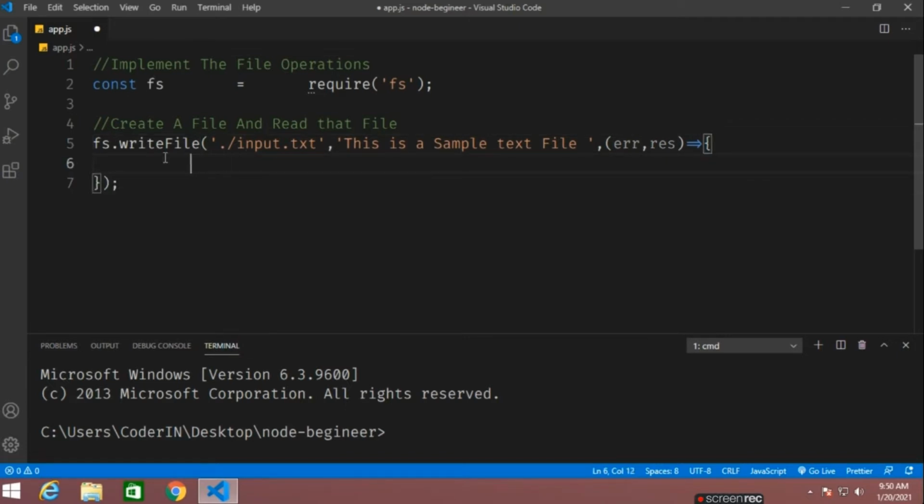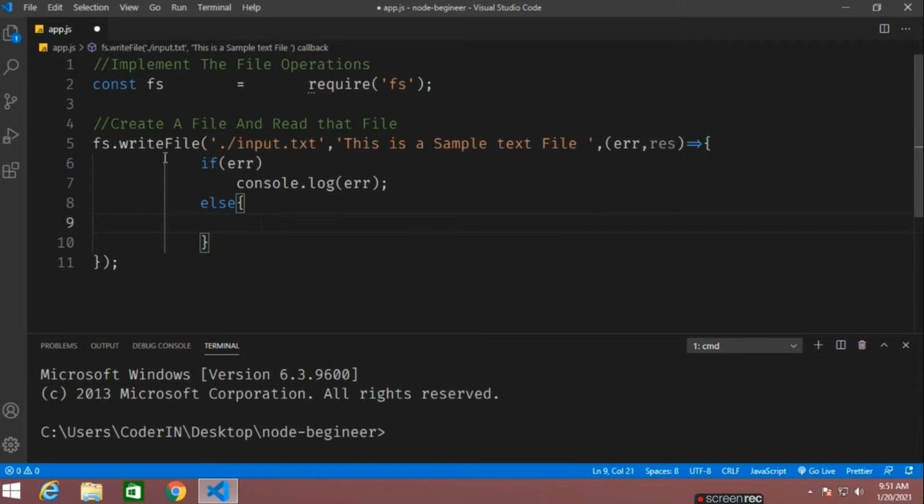So if there is any error, it will show me in the terminal. Let me first copy this, console.log. Else, what is the next step? We have to read that particular file which we have already created. In this context, we will be reading that particular input.txt file.